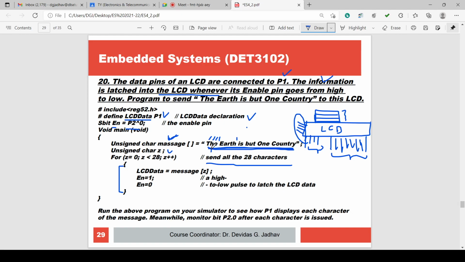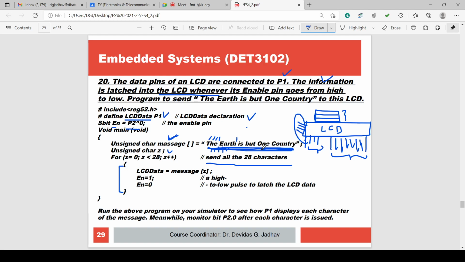Second element is small h, third element is small e, fourth element is a space, fifth element is capital E, sixth element is A, seventh is R, T, H, again space is there, again I, S, space, B, U, T, space, O, N, E, space, capital C, O, U, N, T, R, Y. So the earth is but one country.